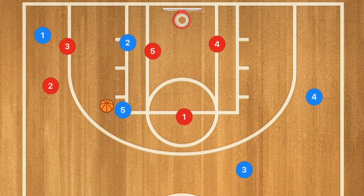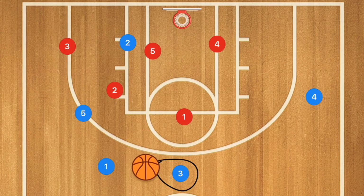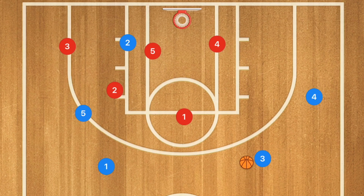That's one option. This could also bring player 2 in, and if he's quick, what we want to see happen now is player 5 and 1 do a dribble handoff, and we can do the exact same thing on the other side by swinging that ball. So player 3 is going to come to the point. We're going to have player 1 pass over to player 3. Player 3 is then going to dribble over towards this right side, and we want to see player 2